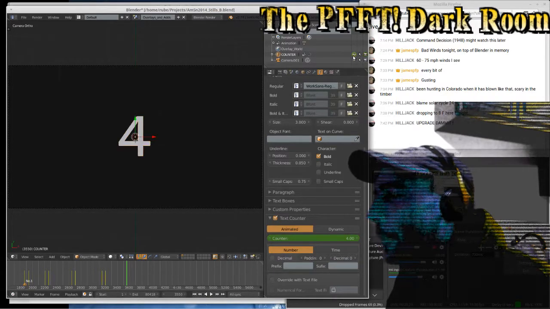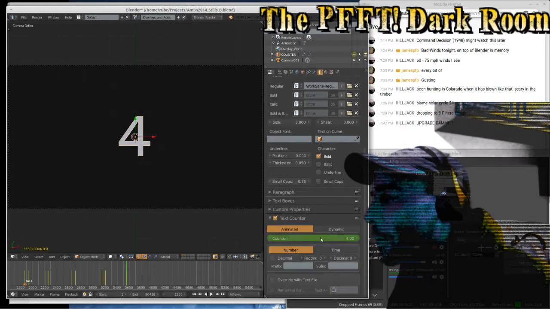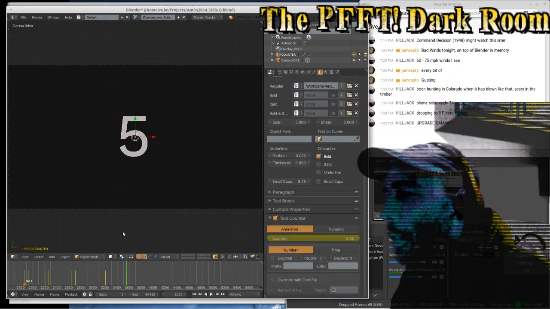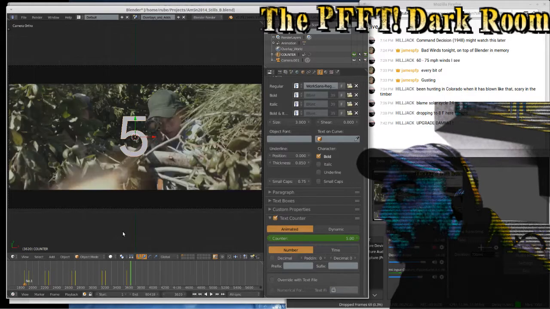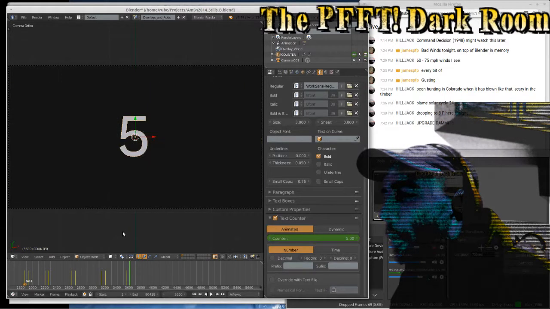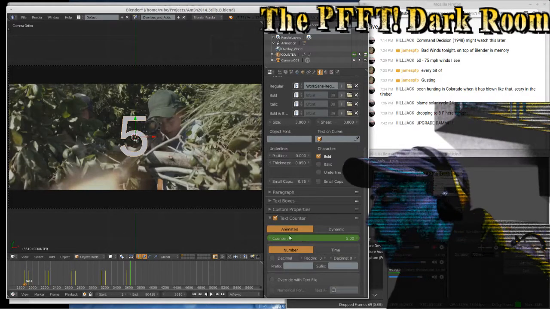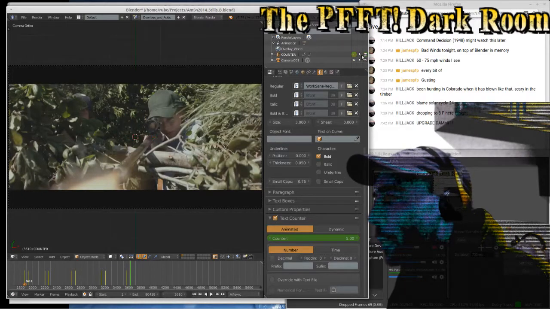Flip it back on. Turn the keyframes to the current one. Increment the counter. Turn the counter off.